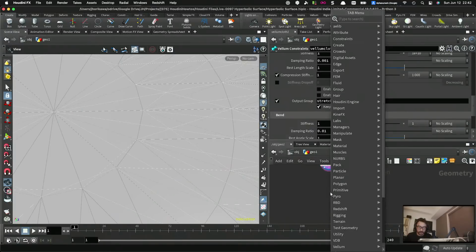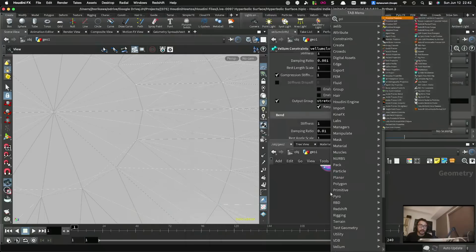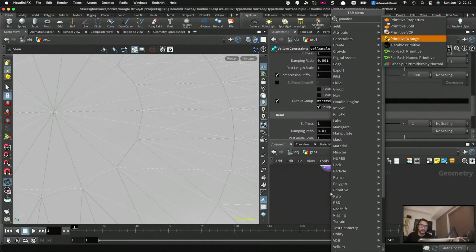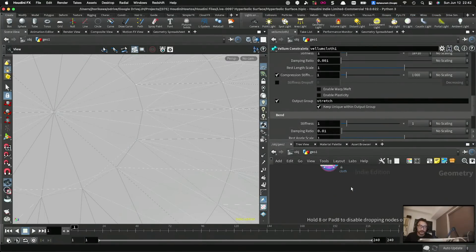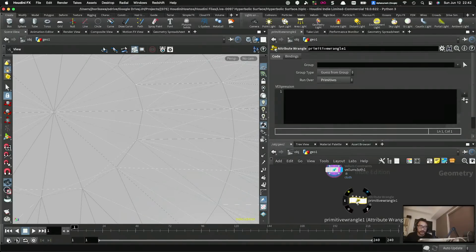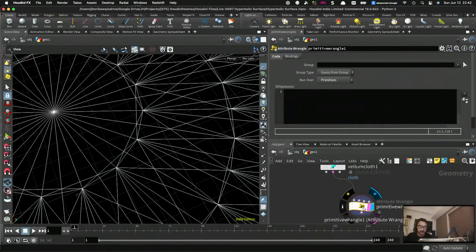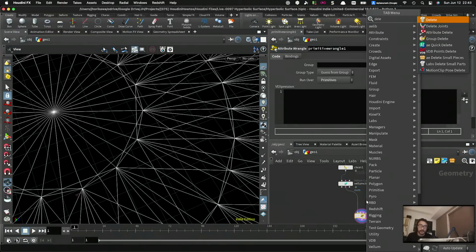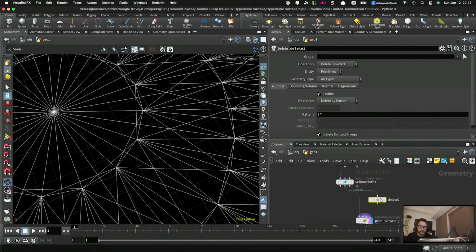To do that, I am going to set the group before I get it into the Vellum solver, by using a primitive wrangle connecting to the constraints output. And if I just see the stretch group, this is just a bunch of lines